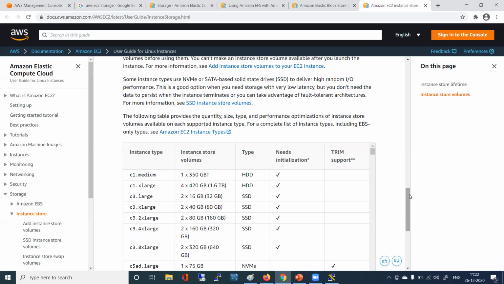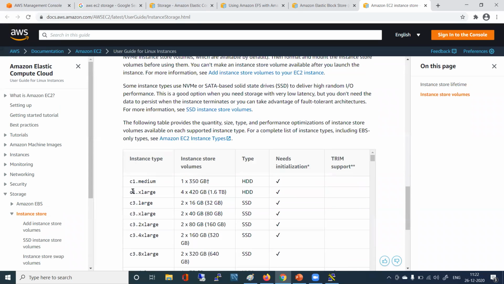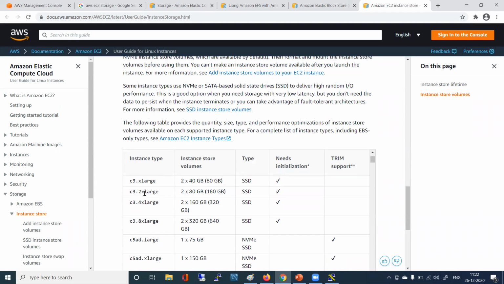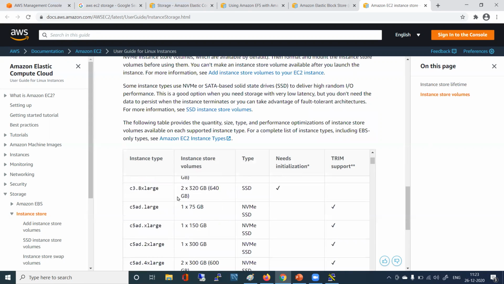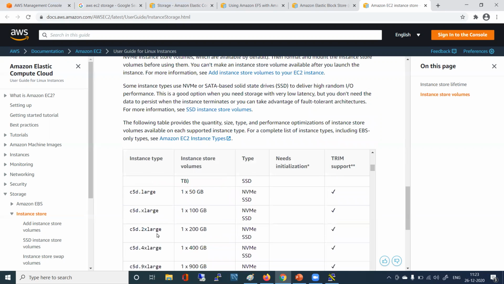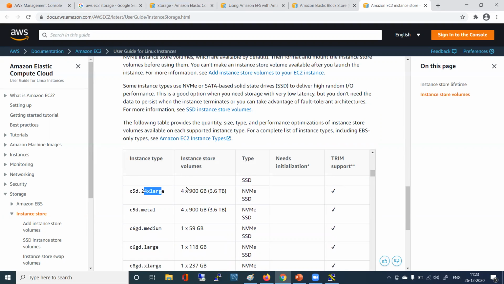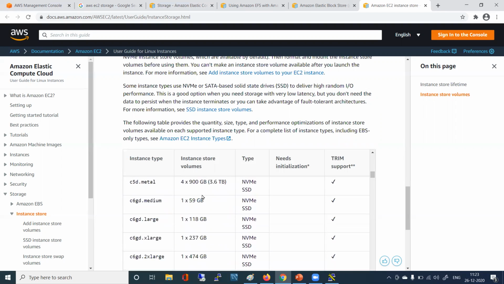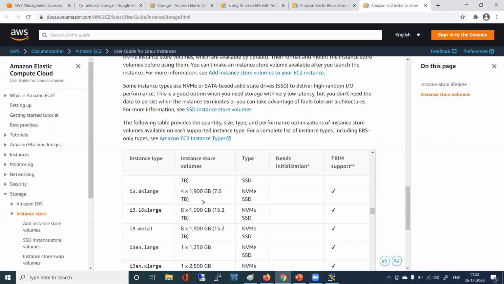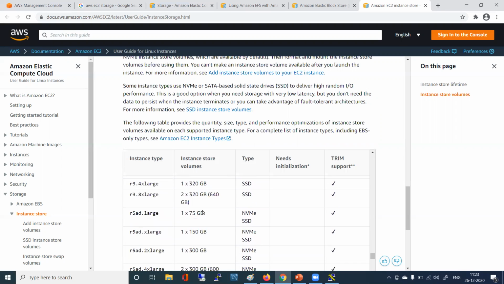With which one it is available, all those things are mentioned here. C1 medium, what you get. C3 double XL, what you get. So it will be fixed. If you're getting one particular instance, you are already paying a good amount for that. If you're getting 18x large, you're getting 24x large, you're getting this much, 3.6 terabyte. Based on how much money you are investing, you're getting some kind of instance store